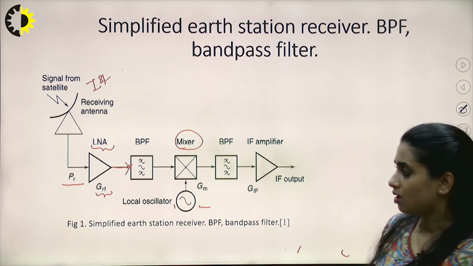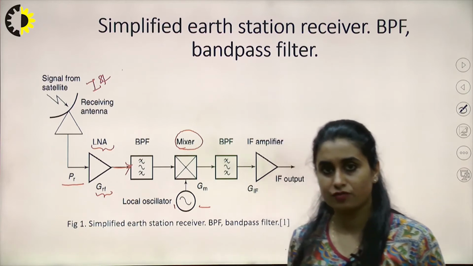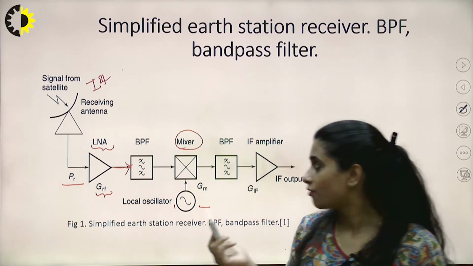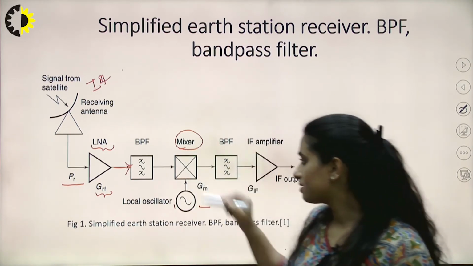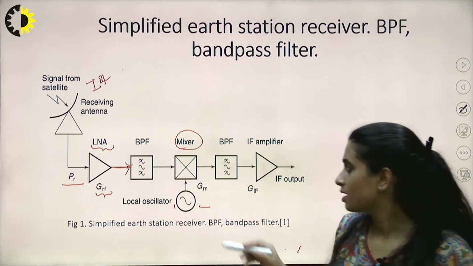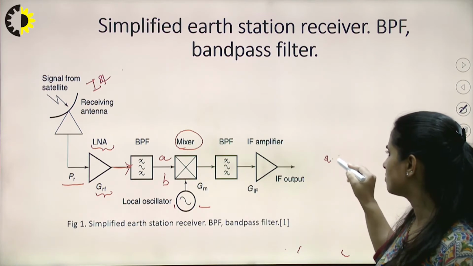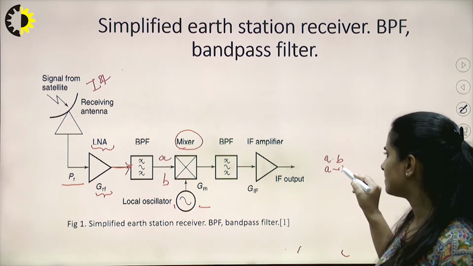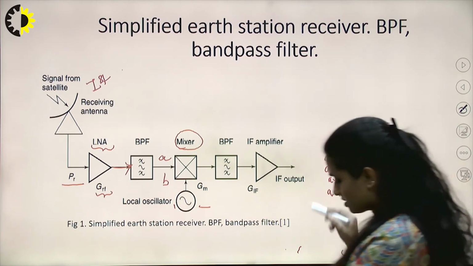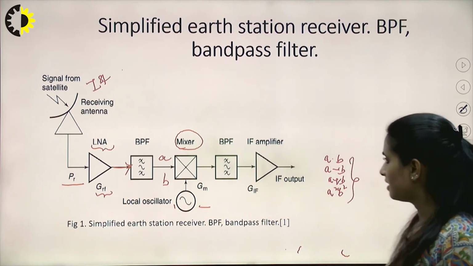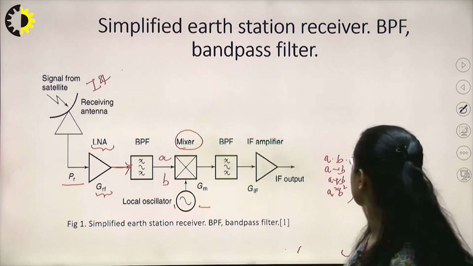So two of the inputs to the mixer are what? Number one, the radio wave, radio frequency, which we directly receive, of course after filtering out the noise and after amplification. And another input is the locally generated wave. If these are A and B, we know the possible outcomes could be A into B, A minus B, A plus B, A square, B square. There are n number of possibilities to find the output, right?